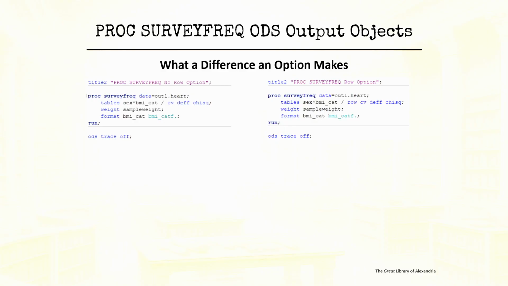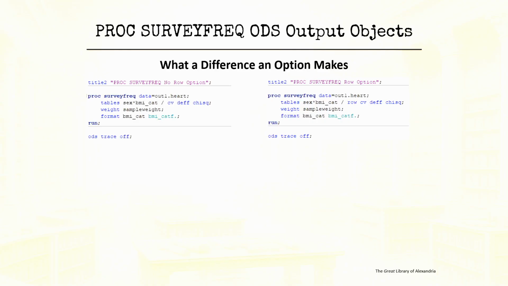So, procedural options make a difference, as I showed earlier with proc contents. And the ODS objects can also change. You get different ODS output objects created by different options, but the ODS output themselves can change with options as well. Just a reminder to always check your log and analyze your ODS objects.